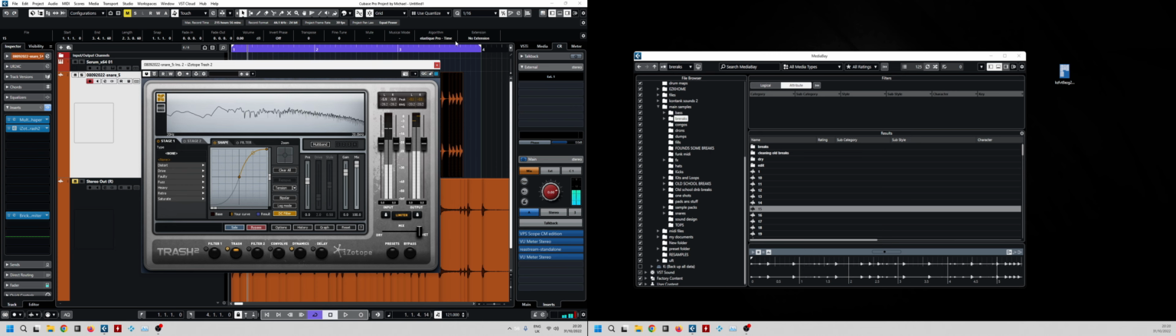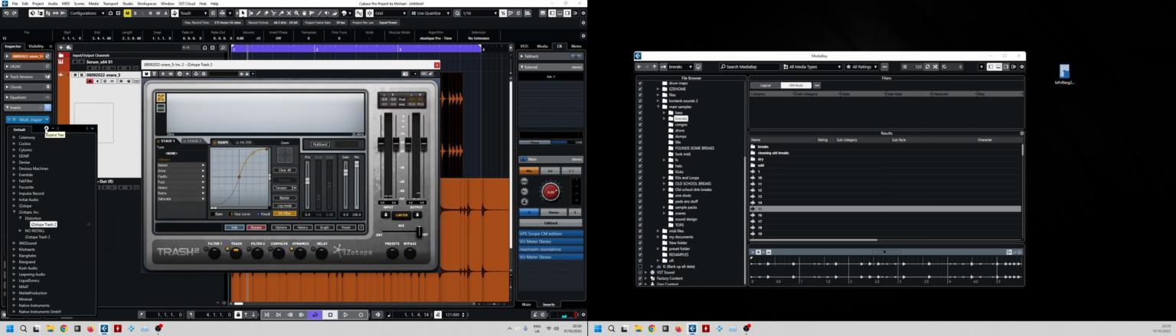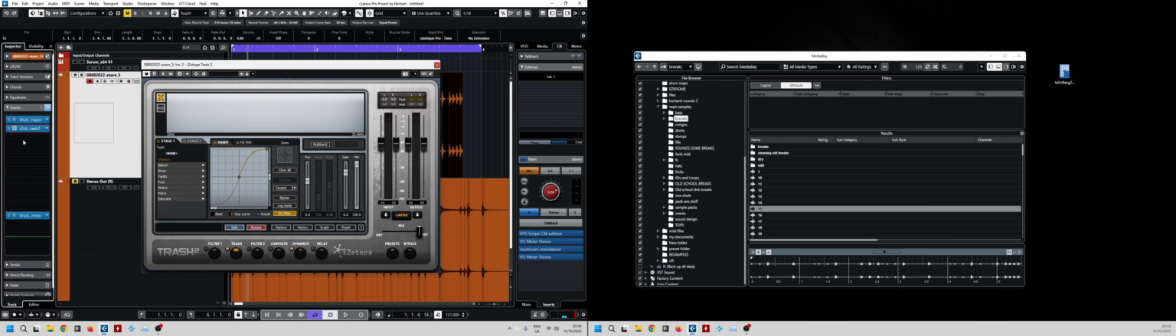Yeah, so I don't like that, and it's kind of slow. But Trash has got a really good gate, call it a transient shaper, but that's pretty much what it is. Another way, that's a good point, to look at a transient shaper is basically like a bit of a gate. But you can